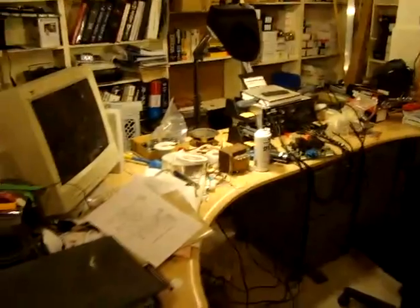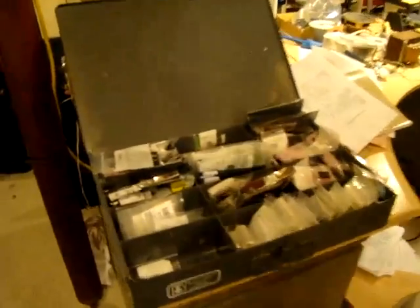Alright, so tonight I decided I can do a little board work, and this is about as bad as my work area gets, but yeah, it's a bit of a mess. Anyways, for the board work, basically what I've done is I've collected a bunch of parts over time to be